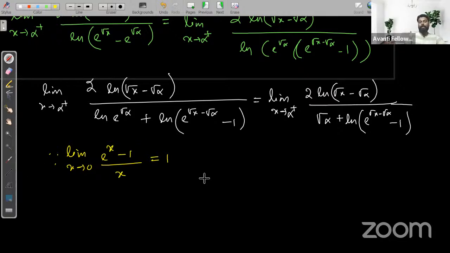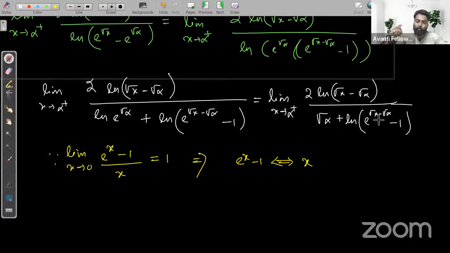Okay, so if you use this replacement, we can replace e raised to x minus 1 with x. Is there any problem? No, right? We can use it. Similarly here, now you can see, when x is tending to alpha plus,